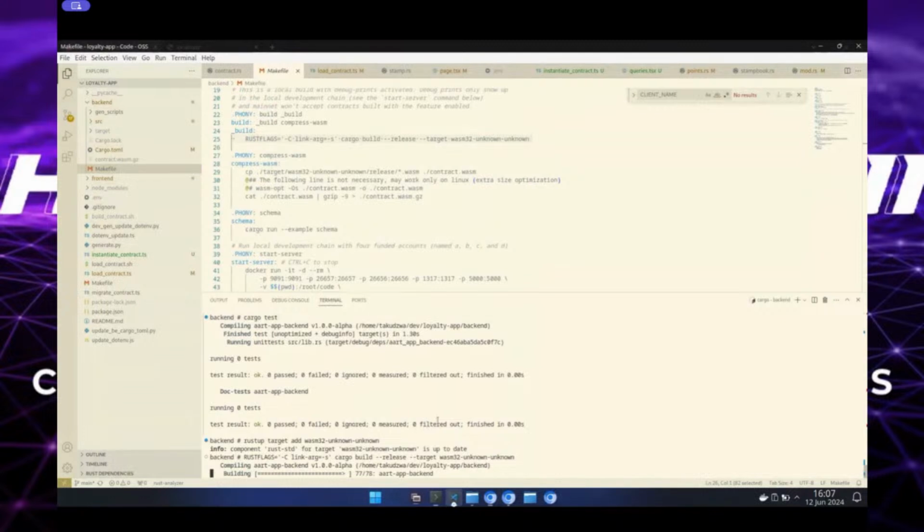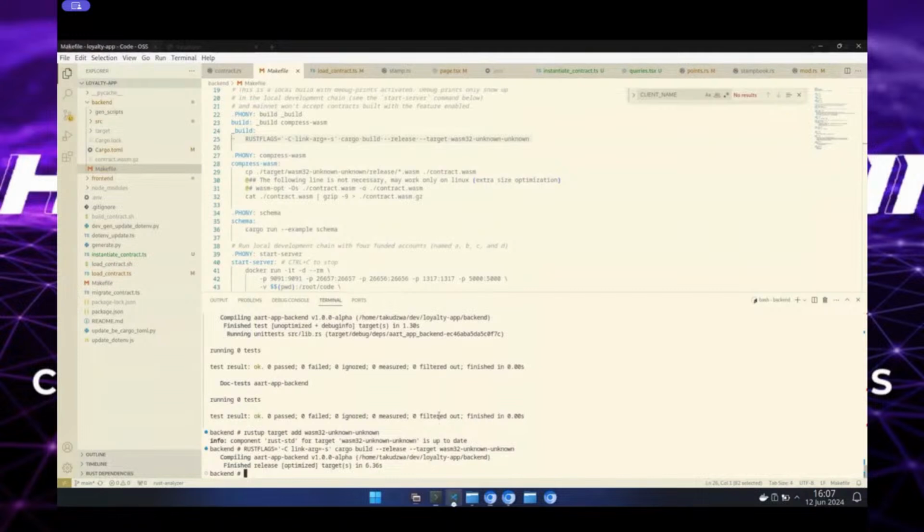We're going to just let that compile for a bit. Yep, that's finished. And inside our target release, what we're looking for is